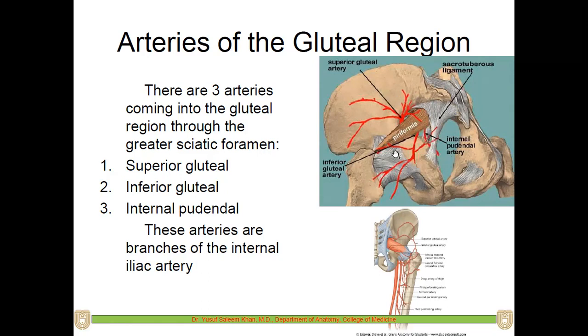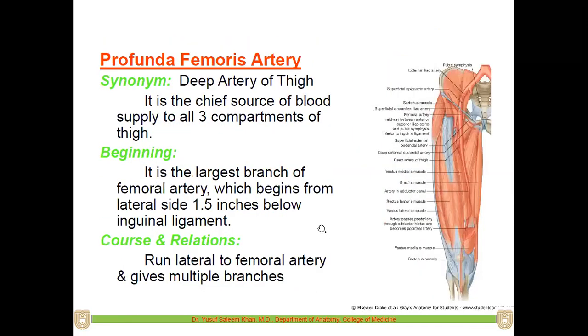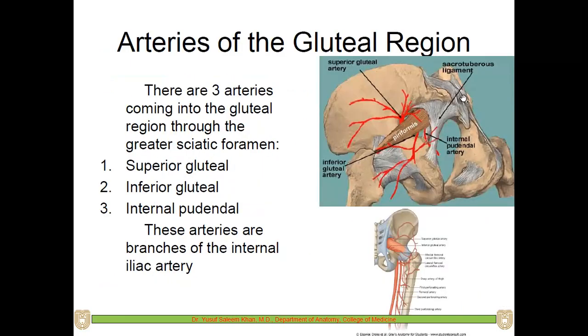These are the three important arteries which will supply the whole gluteal region. These arteries are the branches of the internal iliac artery. As you saw, this is the internal iliac artery here. This is the external iliac artery, which continues as the femoral artery. Then there is the internal iliac artery, which will supply all the structures in the pelvis, and even gives branches to the gluteal region. So all these three branches are coming from the internal iliac artery. Here again you can see the superior gluteal artery, inferior gluteal artery, as well as